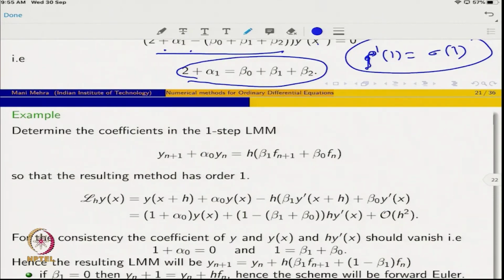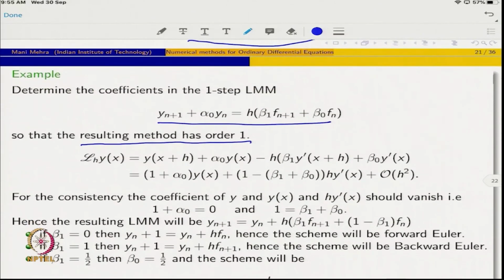Determine the coefficient in the one step linear multi-step method, and we are fixing the order, so that the resulting method has order 1. With the help of this example you will also learn how to determine the coefficient. Of course, this time, for simplicity, I have kept only a one step method. So, we define the linear difference operator according to the definition which we have seen just now,